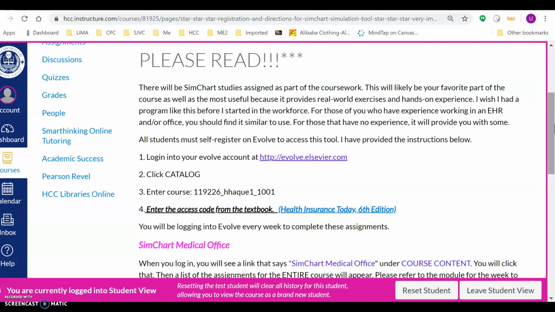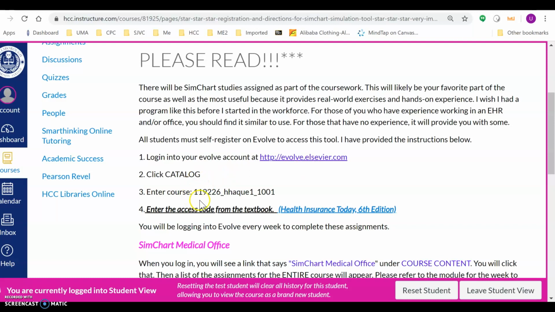way to practice hands-on as much as possible to gain a good experience and give yourself good marketing when you go out and look for a job. This would be a great thing on your resume. So what you're doing is using this link to Evolve, logging into it, creating an account. Once you create an account with the information sent to you already through the email, or you probably already have an account,